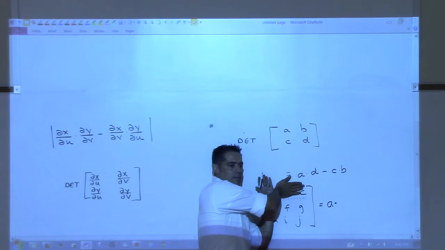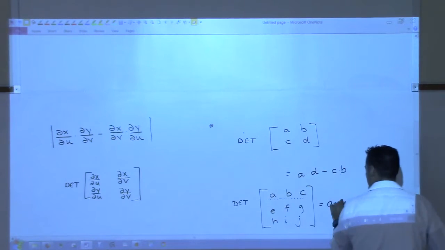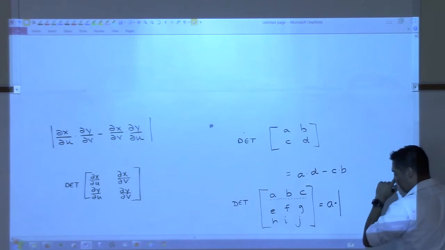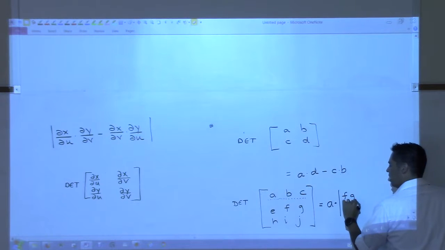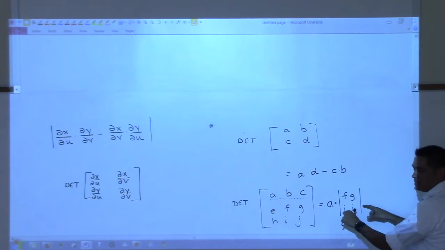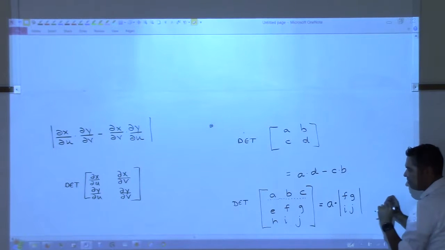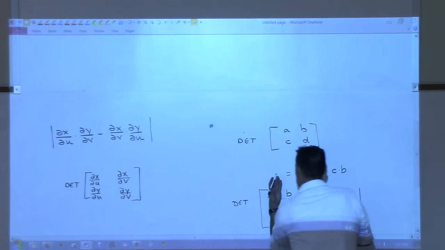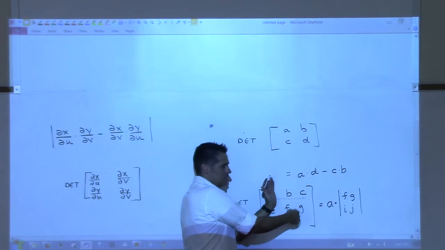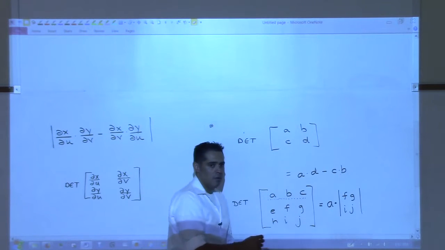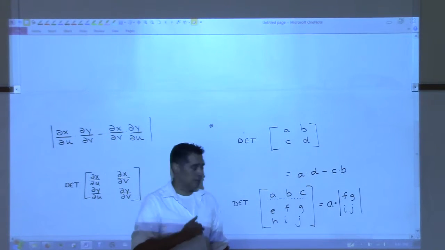And you see that right there? Yes. What, the little 2 by 2 that's left? Yes. We want the determinant of that. Okay? That will be next to this. So I'm going to write it this way. I'm going to put bars on it. F, G, I, J. So these bars right now are going to mean the determinant. Okay? So I do A, cover this up, determinant of what's left. Yes. Then I do minus